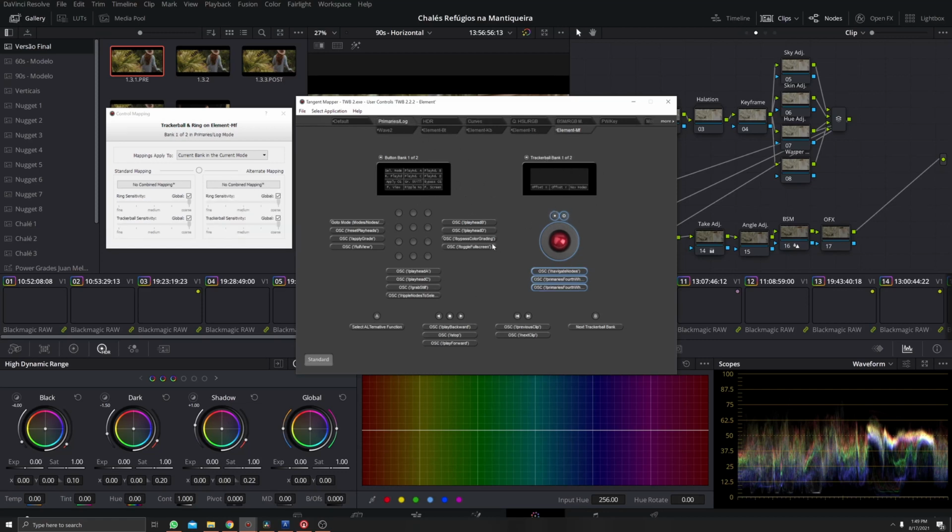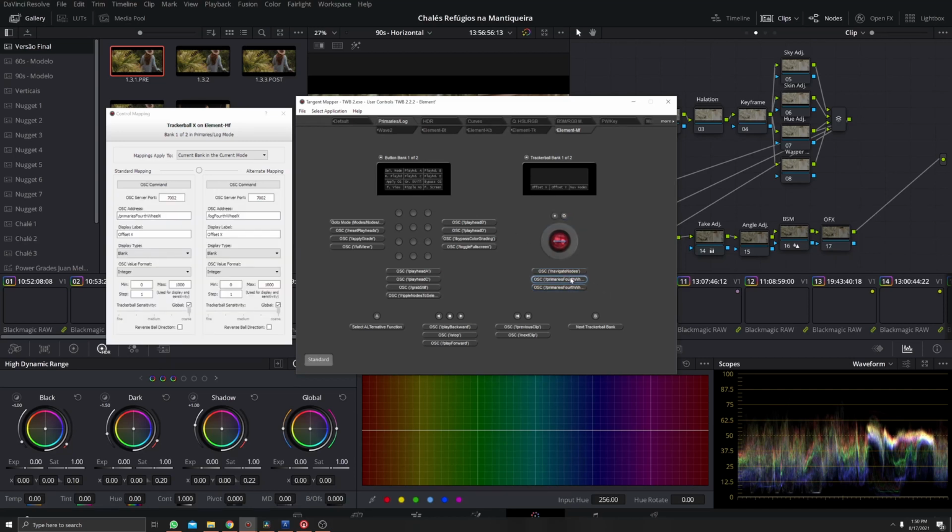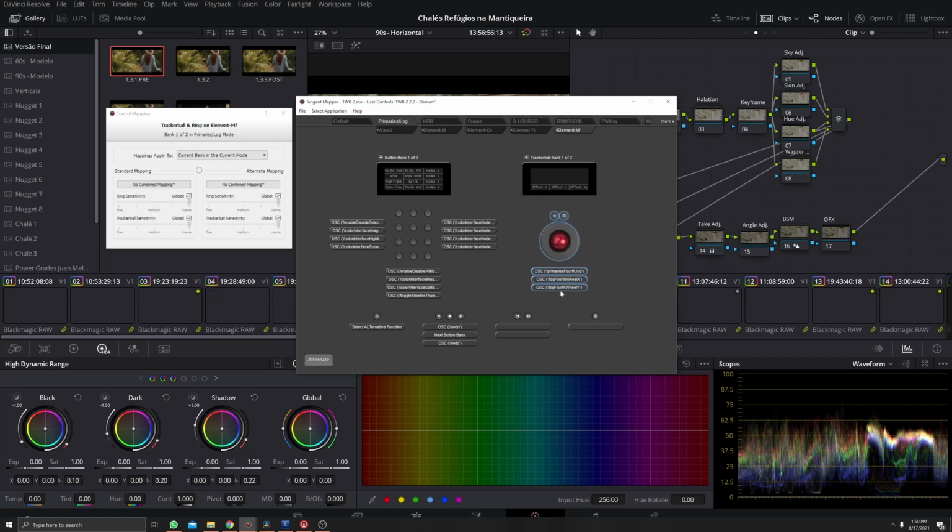Okay, going to the primary logs here. This trackball in the first bank, of course, will control the 4th wheel. So moving the trackball, you're controlling the offset wheel. And if you want to control the jog offset wheel, you just press Alt and turn this jog wheel and it will control the offset wheel. With alternate and trackball, you're controlling the log 4th wheel, so you don't have to change between modes or anything else. You want to control your 4th wheel on the primary panels, just move the trackball.